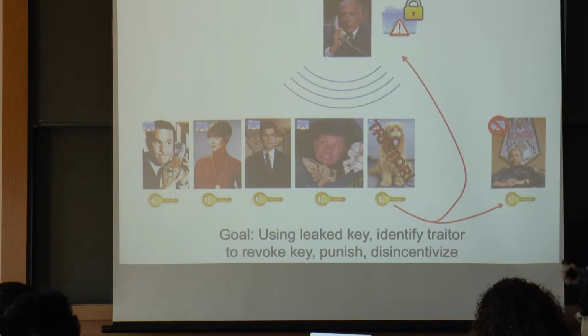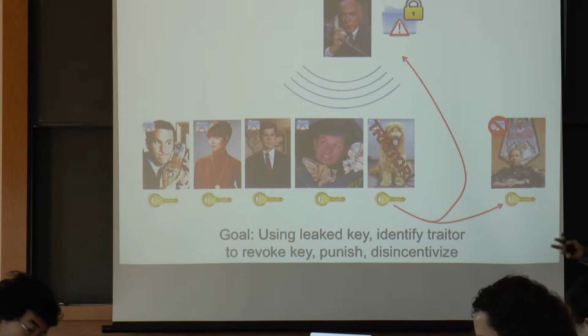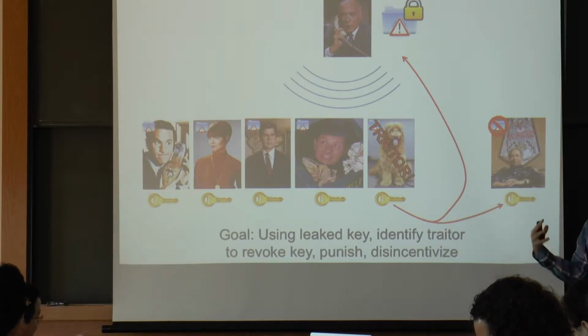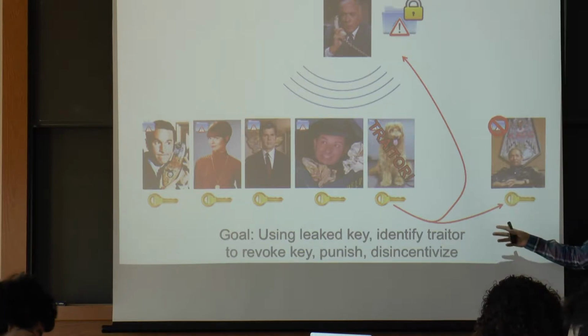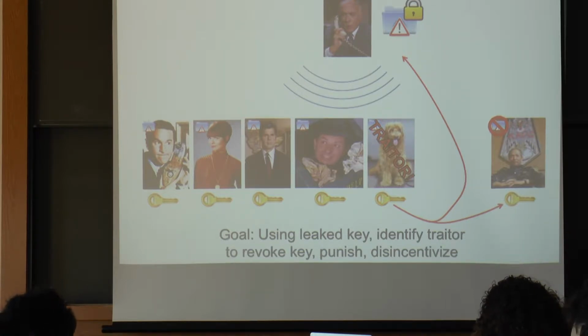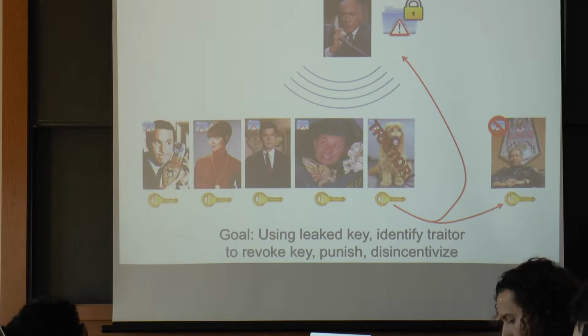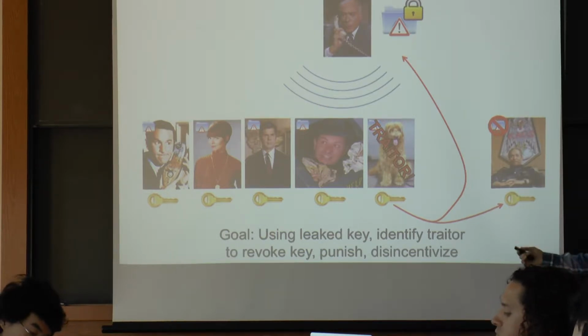So this is a spy example. You can also think of examples where this might be relevant in the context of content distribution. So your XM radio or something like that, these guys are all your subscribers. You want only your subscribers to be able to decrypt your radio broadcasts and any non-subscriber not to. But one of your subscribers breaks open his receiver, reads off the secret key inside of it and publishes it on the web. Or builds a pirate decoder box that he goes and sells for a profit. And in these cases, we want to be able to identify that user in order to fine them or prosecute them, and then ultimately revoke them as well.